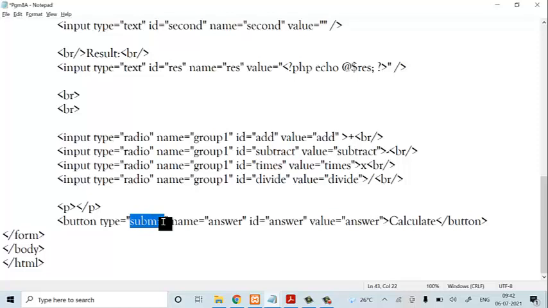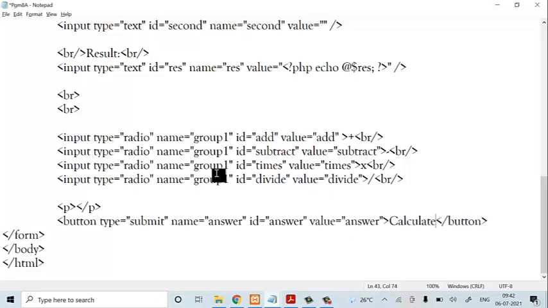Whenever we make use of a form, most of the time we make use of the value called submit. For that, name is equal to answer and ID is equal to answer. To identify that particular button, we have taken these two attributes. Next, value is equal to answer, and then calculate, we have taken a button.